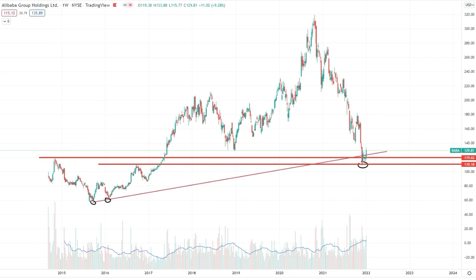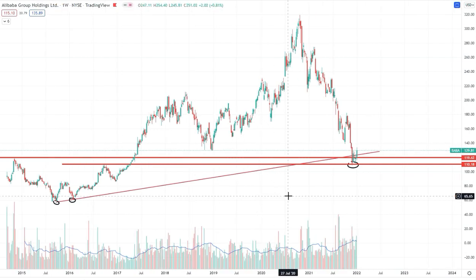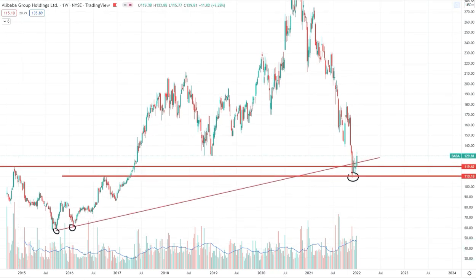Let's look now at the daily chart. We know from a weekly perspective that we might be very close to a reversal point. In the weekly chart, the area I would be very focused on is 130, because we have this level of resistance. If we are able to break this 130 in a strong way in the next weekly sessions, might be this week, might be the next one, in a weekly candle, then it means to me that from there we might really go back to more interesting levels.